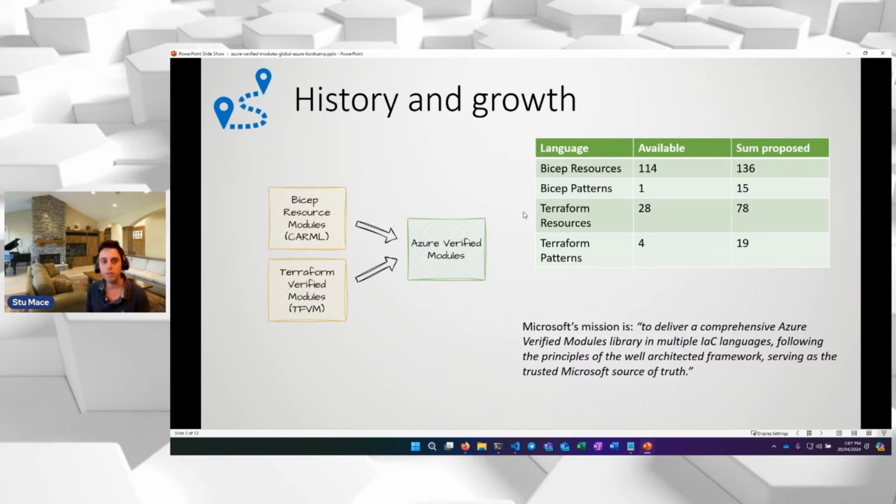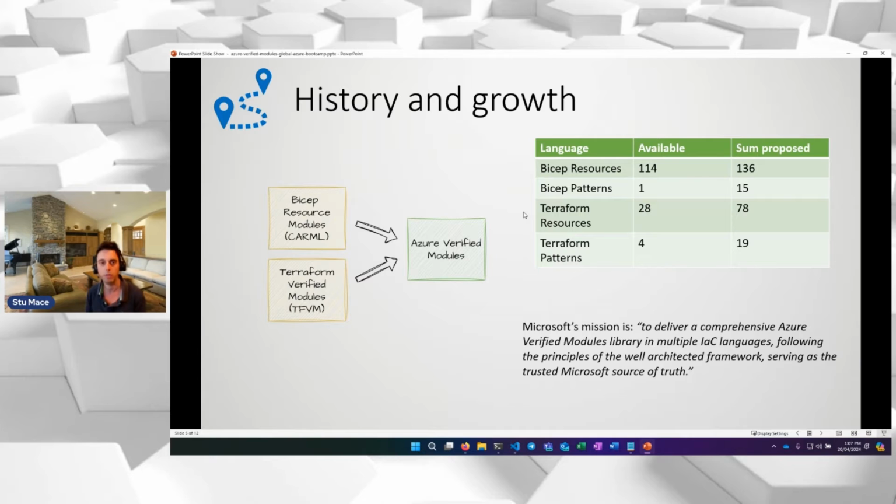So where did AVM come from? It's actually a combination of a number of initiatives. The two key ones are the Bicep resource modules, also known as Carmel, which has been around for quite a while, and a smaller initiative called Terraform Verified Modules.